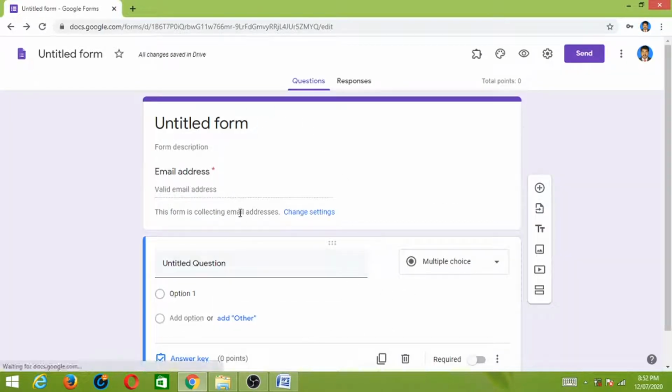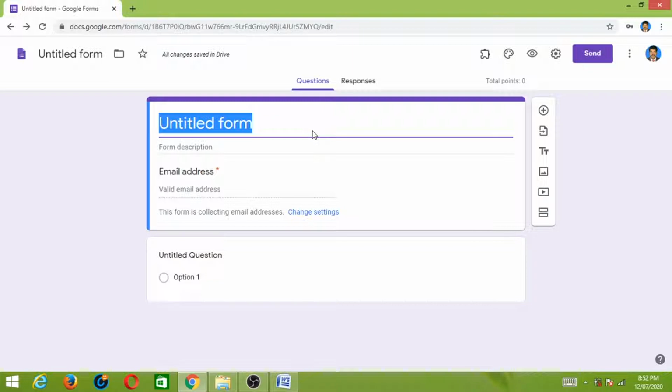Now your form is in the format of a quiz. This is the title. You can give the title of your Google Form. So, General Knowledge.